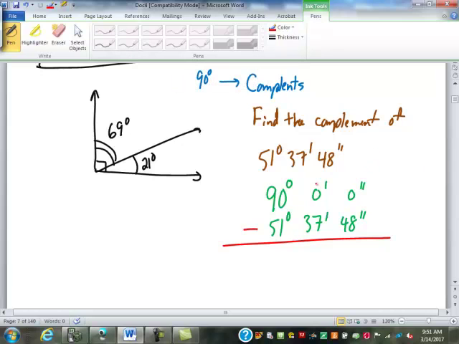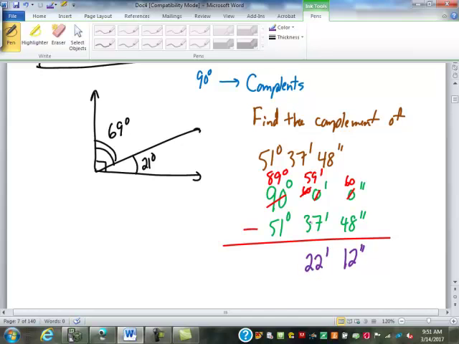Got to borrow, right? There's nothing here to borrow, so I'm going to go all the way to the 90. This is going to be 89. This is going to become 60. We'll borrow from that and make this 59. This will become 60. So now 60 minus 48, 12. 59 minus 37,